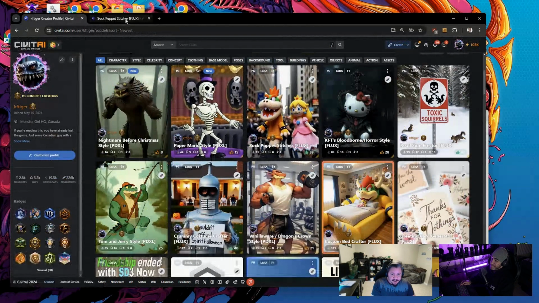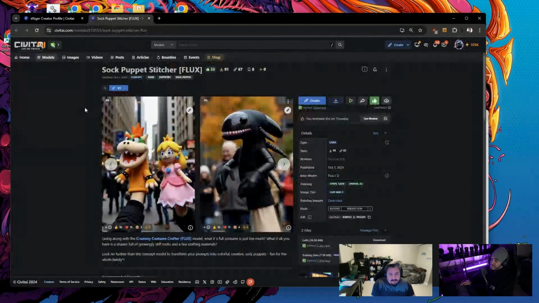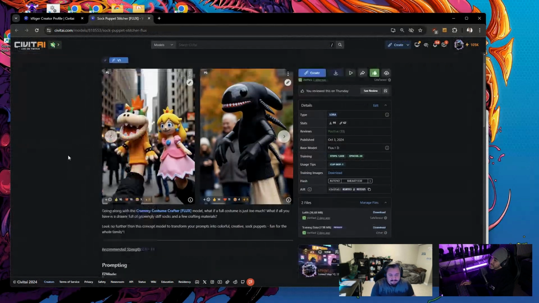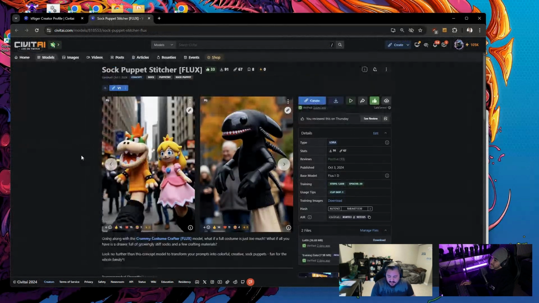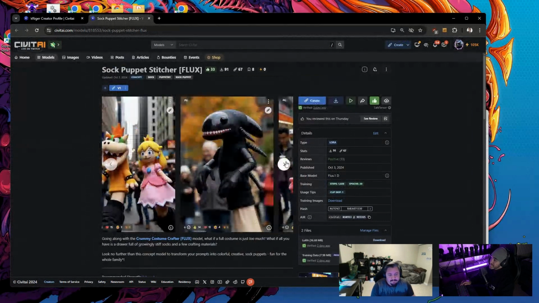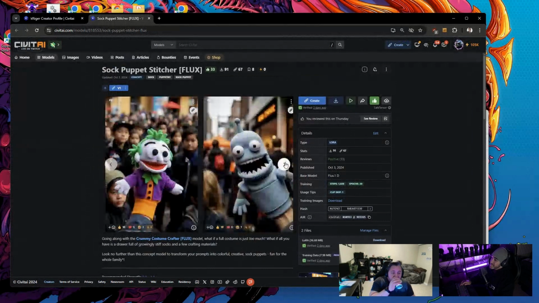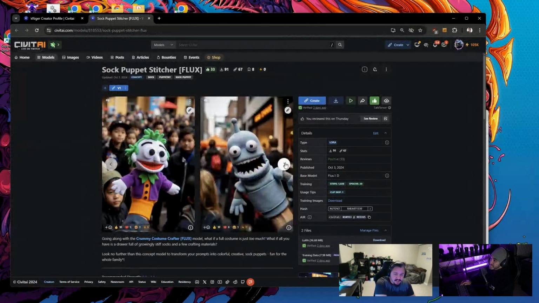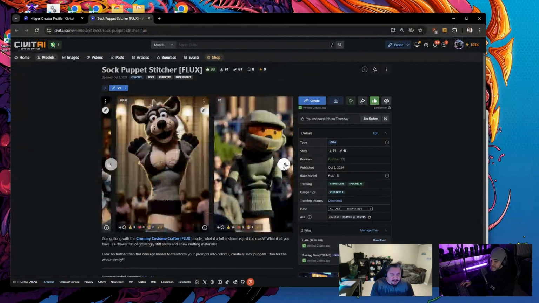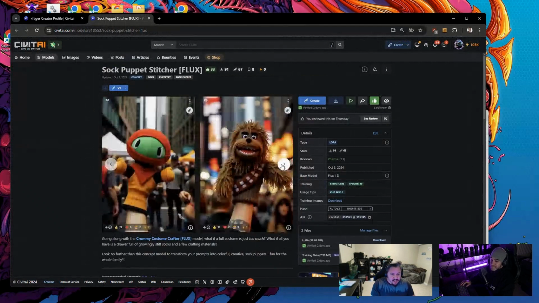Or yesterday I put up a Sock Puppet Stitcher, which is basically a concept model to make whatever character, animal, concept, whatever, into a hand puppet. And it hasn't been quite as popular as the Crummy Costume Crafter. Oh, PG-13, it's okay.